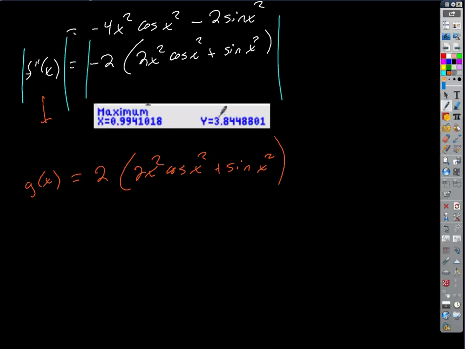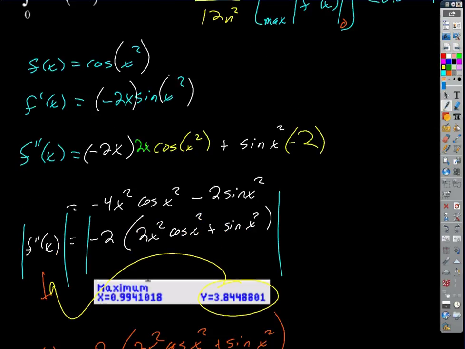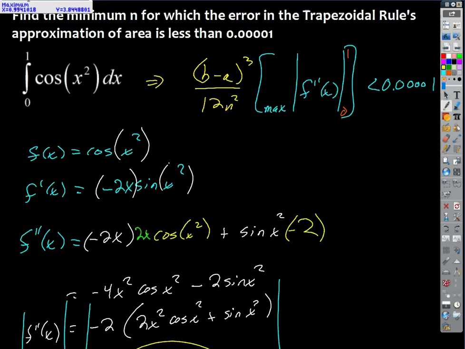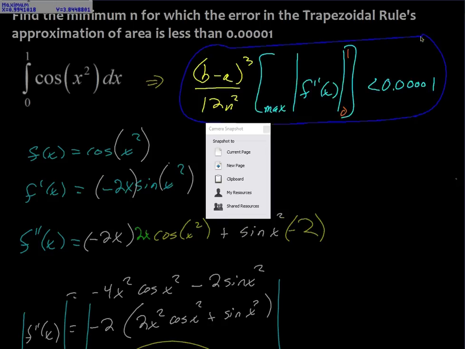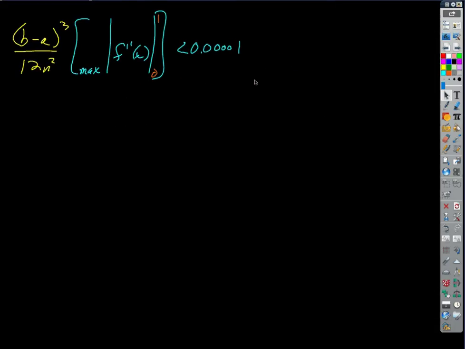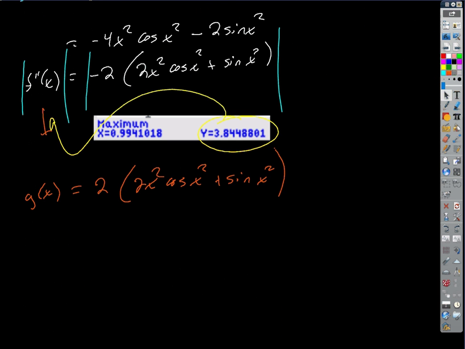We got our answer. There it is, right there. This is the decimal value that we're going to plug in for the maximum of the absolute value of f double prime. Yeah, because that's as high as it gets between 0 and 1. That is the highest the function got. So that's what we would plug into our function here. And from that point forward, it's just a matter of doing a little bit of algebra, just solving for n squared, or for n. So if we took this part,